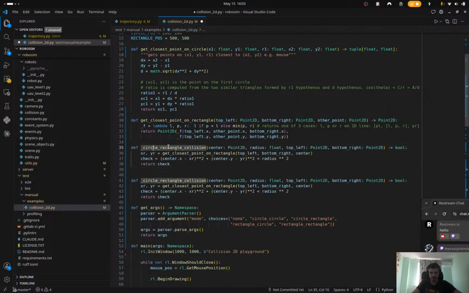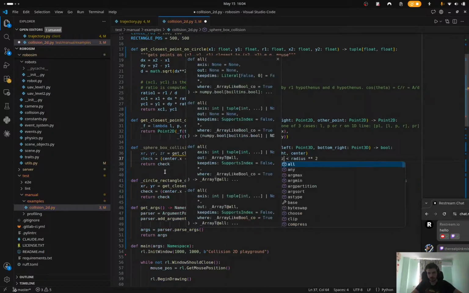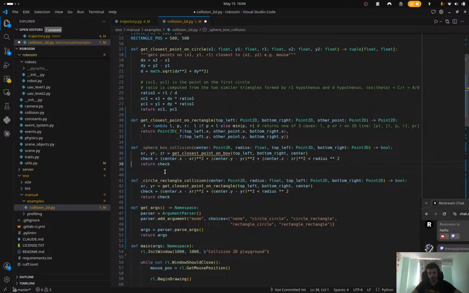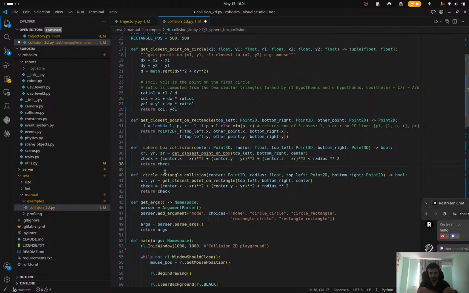So instead of circle rectangle, it should be sphere box collision, and this is a 3D, and I should get x, y, z, r, get closest point on box, top left, bottom right, center. And then I have the check, which is this, but I also need to add center.z minus zr, like this. Okay, so I have sphere box collision,